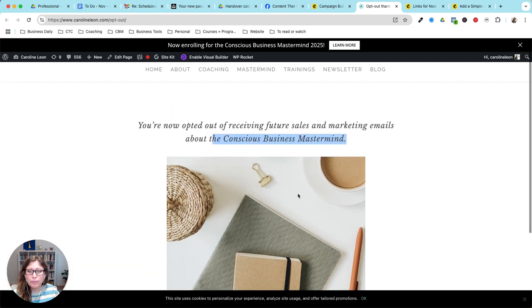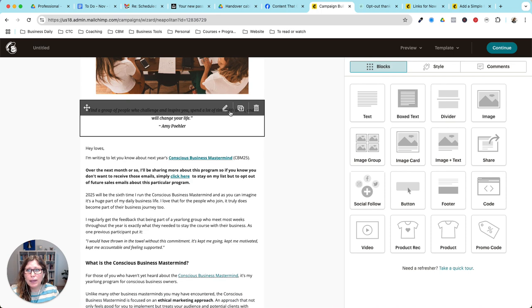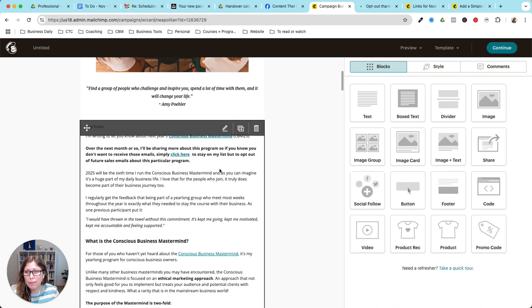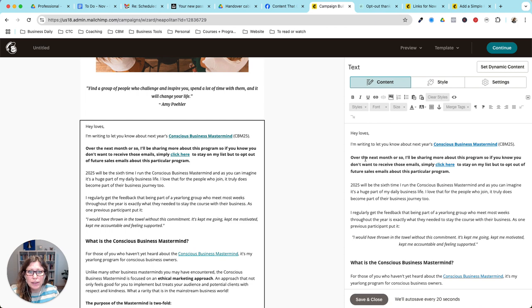Once that page is set up, I've just called it, as you can see, opt out. Then what I want to do, in my campaign, and this is a copy of a campaign that recently went out, is write a line of text, pretty high up, because you want people to be able to see it. I want it to be prominent because I don't want people to unsubscribe. And really what I'm doing here is trying not to bother people who don't want to be bothered by something, and so they'll stay on my list,